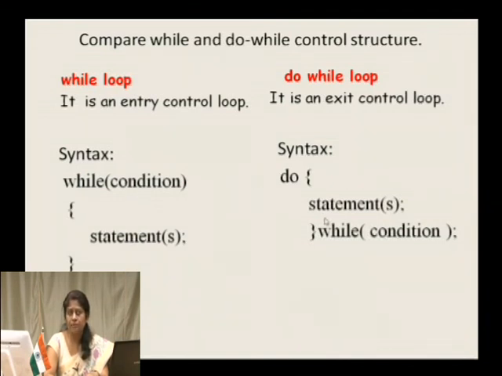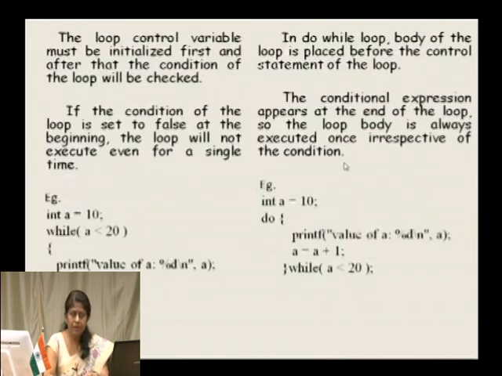But what happens in a do while loop is, as we have specified the loop body first, the loop body is executed and then the condition is checked. So, if the condition happens to become false even for the first attempt, the loop body has already been executed. So, a minimum of once the loop body is going to be executed in case of a do while loop, but that does not happen in case of a while loop.